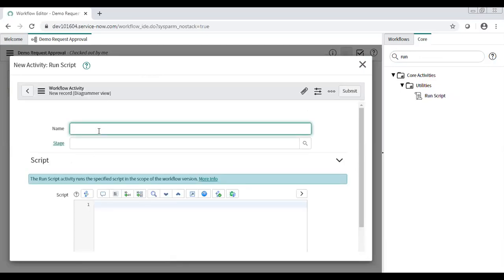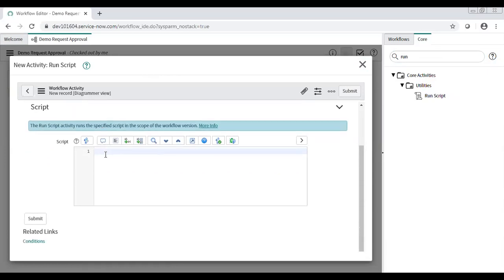So I need to use the run script activity. And here I need to write my glide record, because to update, insert, delete, we use glide record. So here we want to update the asset record. So here I will type my table: alm_hardware is the table for asset.